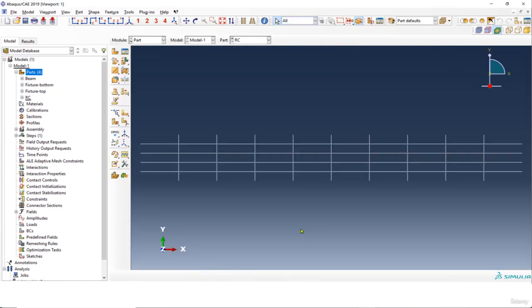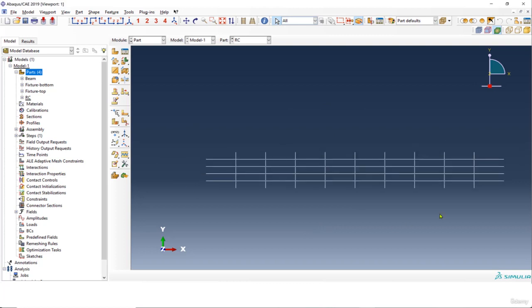Click on OK. So this is basically my RC. I got this reinforcement for the beam. So we have the beam, fixture, and reinforcement. Now I can go to the property section. Now I have to create a property for each of these